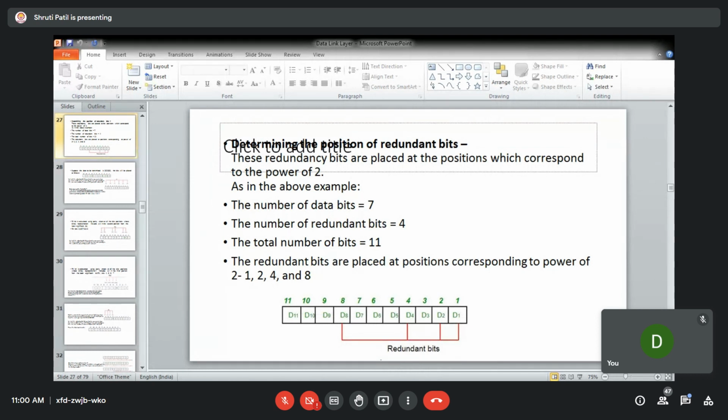Now, how it checks the error detection and correction. Say for example, the 6th bit is changed from 0 to 1 during the data transmission. So the 6th bit is this. Say for example, this is changed from 0 to 1. In this case, whenever it calculates at the receiver end, what will happen? At the receiver end, it is going to calculate R0, R1, R2 and R3 again.